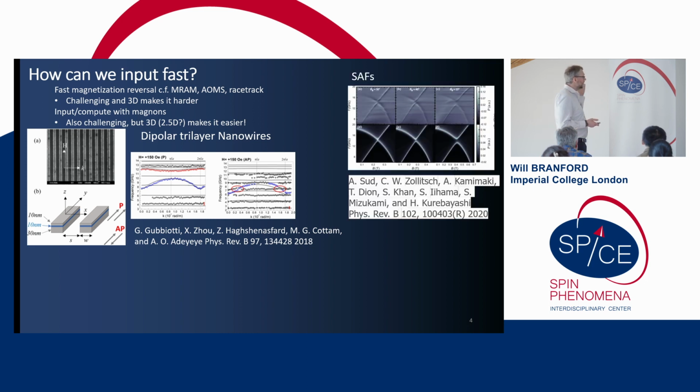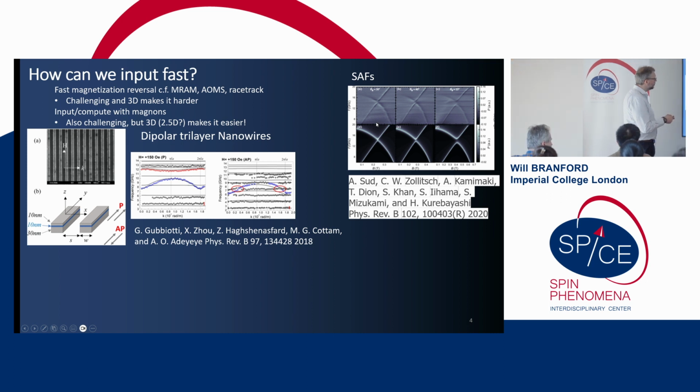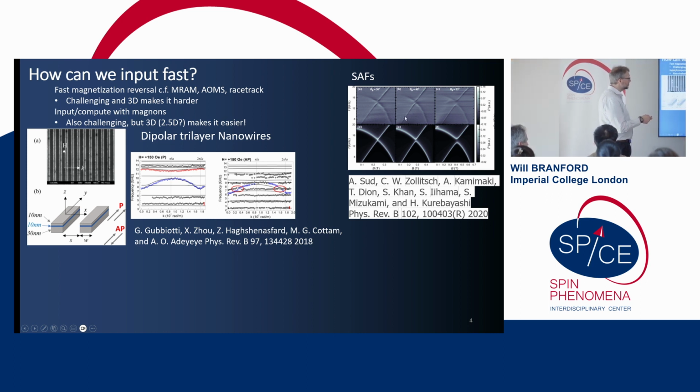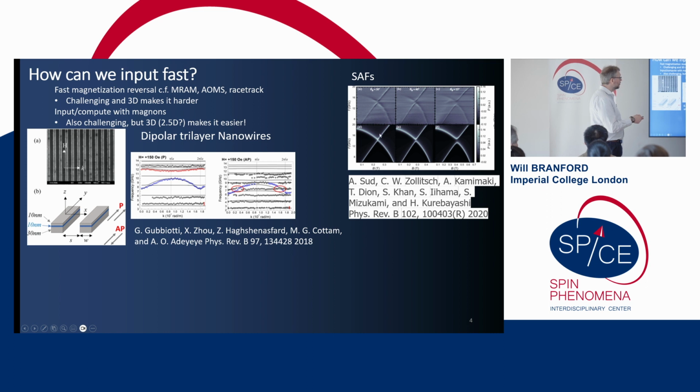And we know that if you bring them really close and you make a SAF where you've got exchange coupling, then, actually this is somewhat different to our system because the exchange coupling is so strong. But in your SAF, here you have two modes in the magnonics that are orthogonal to each other. So you can see that they just cross without any interaction or hybridization. But then if you break the symmetry with a global field such that these two modes, acoustic and optical modes, are no longer orthogonal to each other, you can see